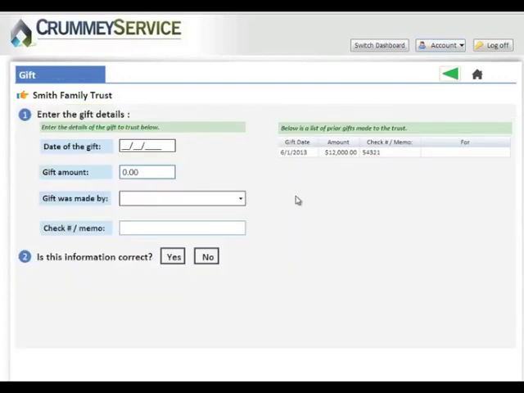In this particular trust, I recorded a gift on 6/1 of $12,000, and I indicated the check memo, and now that gift is there in the history. If I wanted to make an additional gift, which I can do right now, and it doesn't obviously have to do with policies or not,